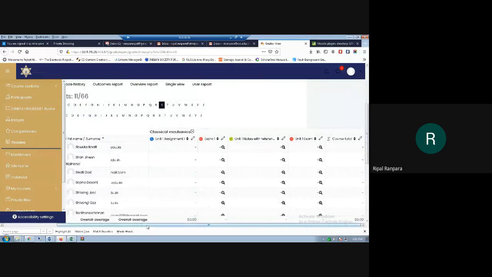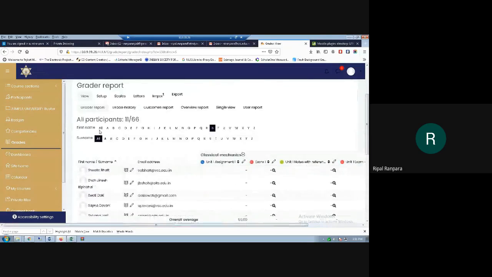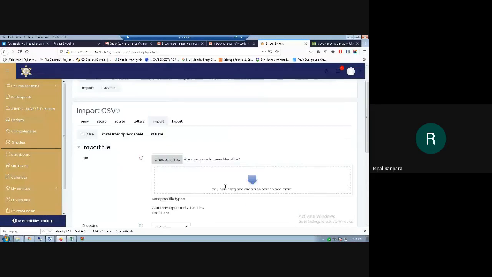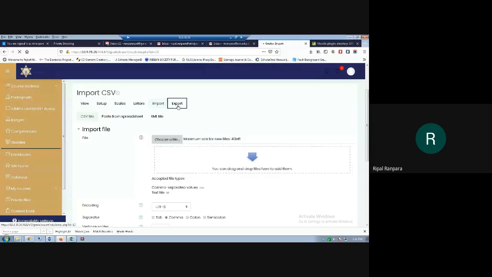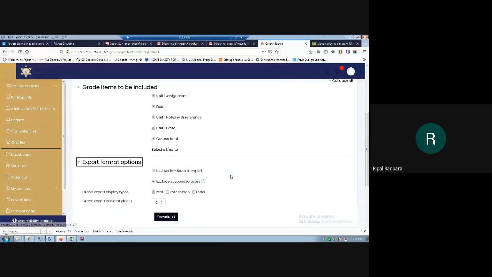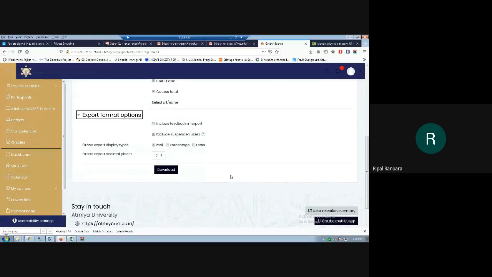I can also export this assignment in an Excel sheet. I can export and import this; for the export format I can set whether to include feedback or exclude feedback. So I'm taking it as it is.